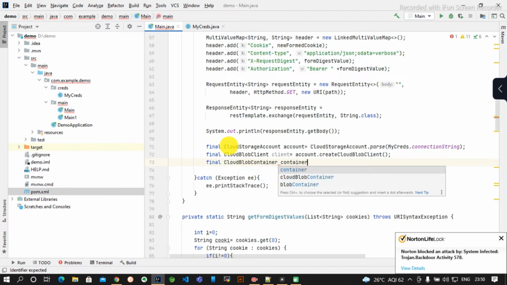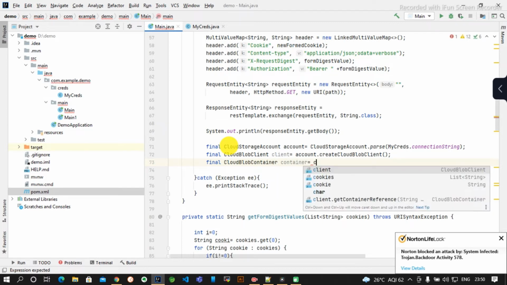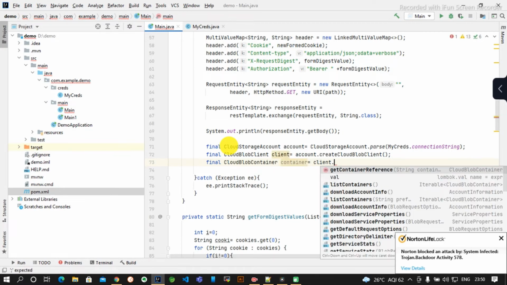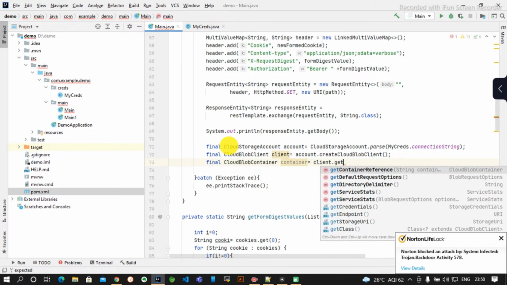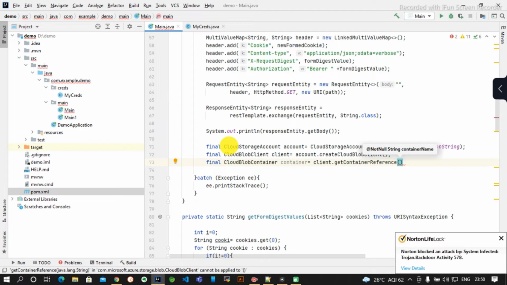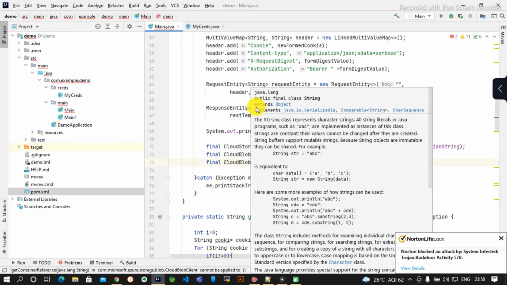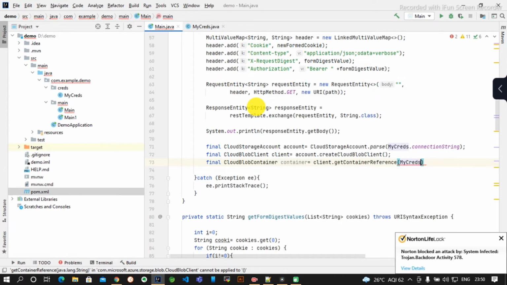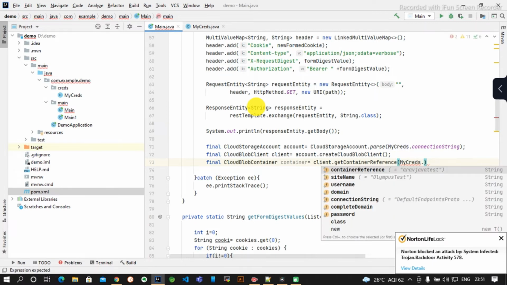On the client, we have a method get container reference. For me, my container reference is also in the config file. I will use that container reference.